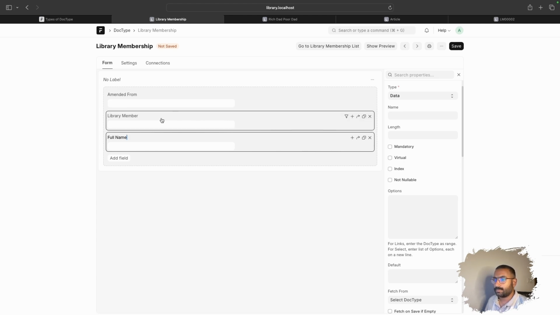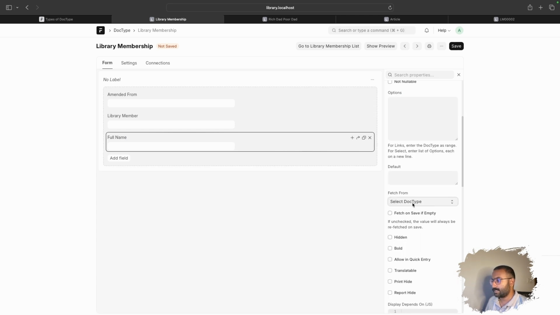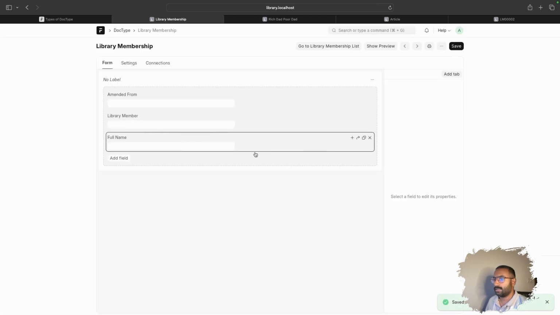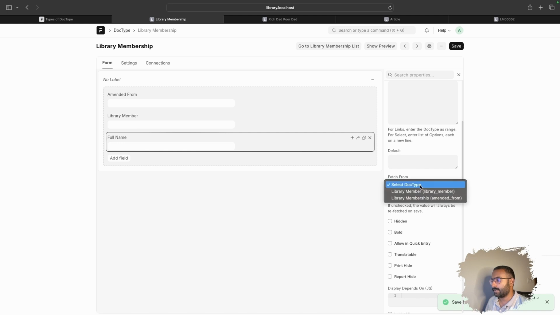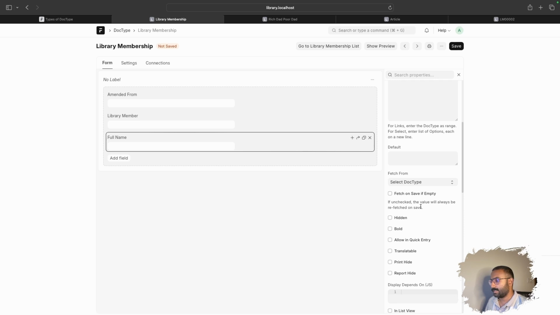And this full name is fetched from library member. So we can do it easily. Fetch from section, and here we can't see the library member doc type because we haven't saved this document yet. So just save this and click on full name, then click on fetch from. Here we can see library member, select that, then